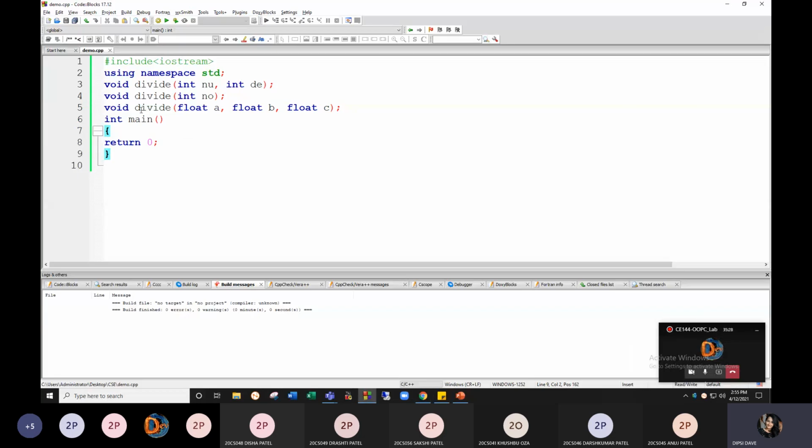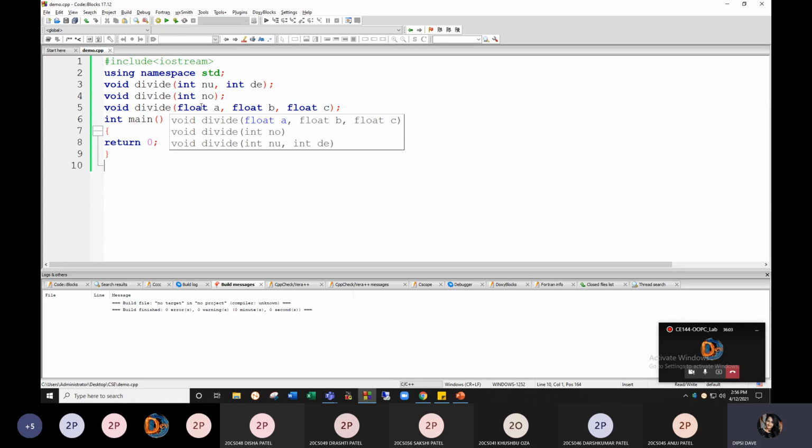Now what is function overloading? When in your same program more than one function is having the same name with different number of arguments and different type of arguments, it is allowed in C++. It does not depend on the return type of the function, but it depends on the number of arguments and types of arguments. So you can see all the three functions are different according to C++ because all of them have different number of arguments and different type of arguments.